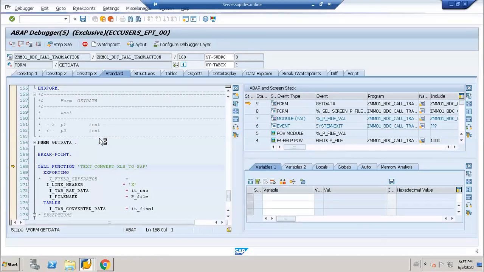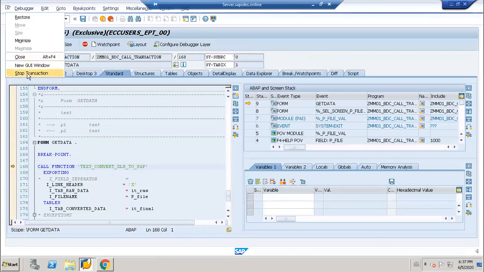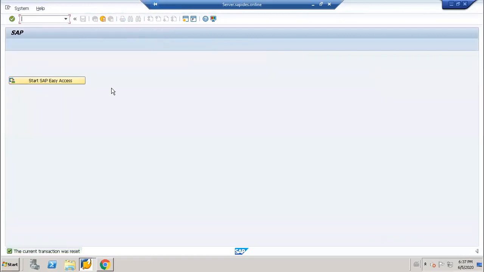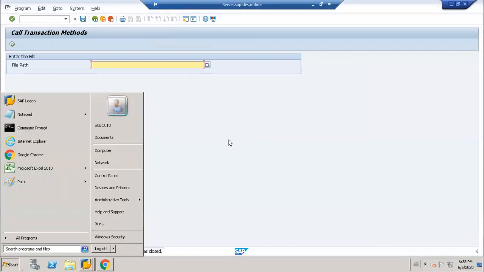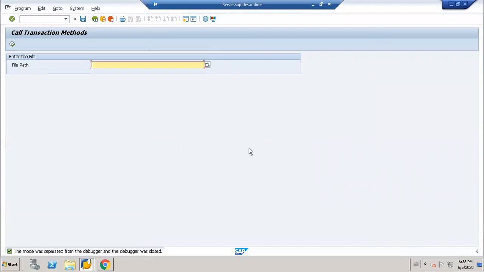Stop this. Is the problem happening always, whenever Excel comes, this problem will happen.